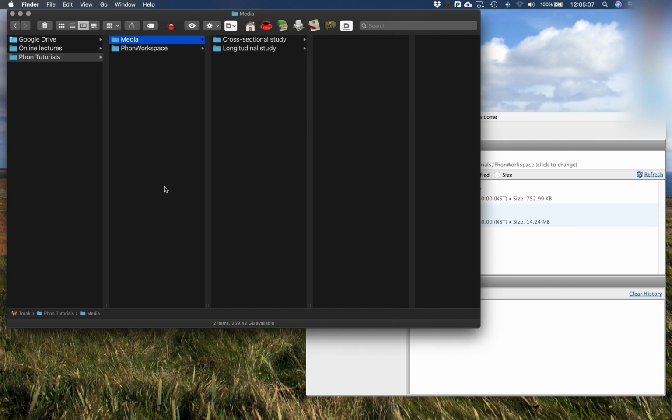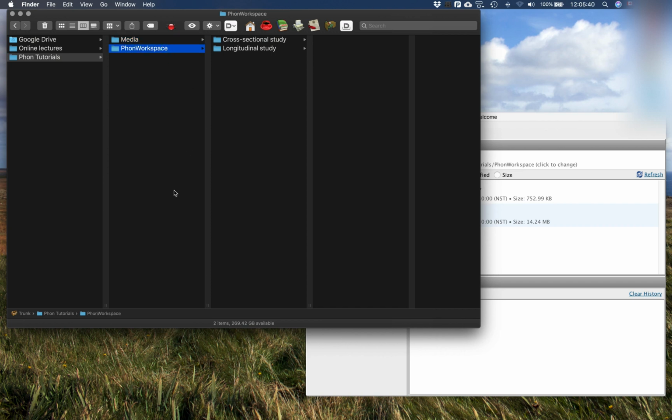So for example, I'm aware of many people that have an external hard drive at work and at home, so that they can do their work on Phon in two locations, but not have to carry those heavy files with them all the time, and so that those files don't take a lot of space on the computer hard drive. So it's always well advised to keep media files outside of your main Phon files, which are themselves organized